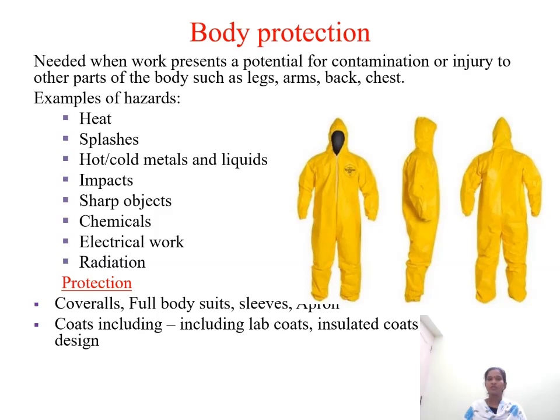Next, body protection. Body protection is very important. It is needed when work represents a potential for contamination or injury to other parts of your body such as legs, arms, back and chest. Examples of hazards include heat, splashes, cold or hot metals and liquids, impact, sharp objects, chemicals, electrical work, and radiation. The protective equipment includes coveralls, full body suits, sleeves, aprons, and coats including lab coats, insulated coats, and